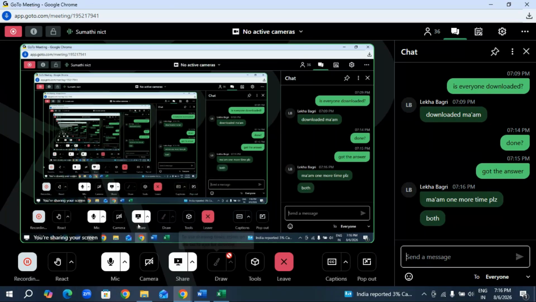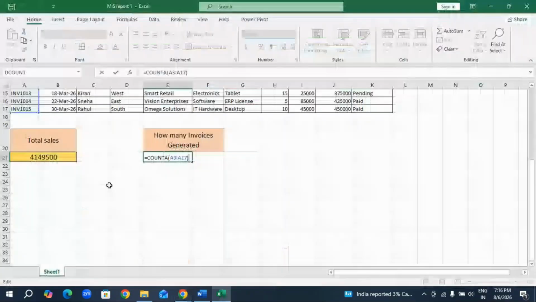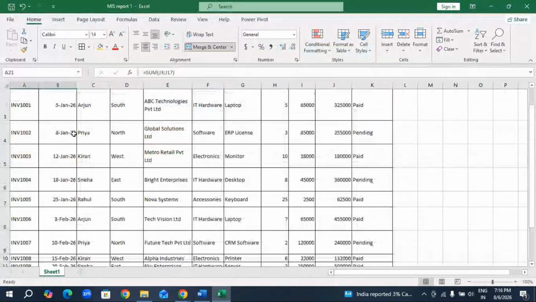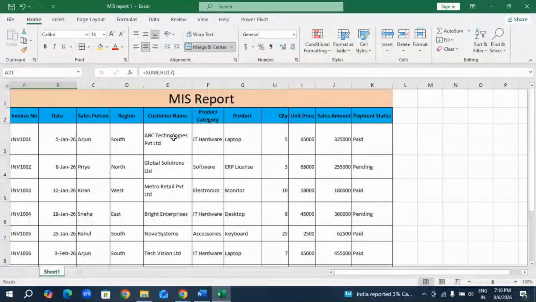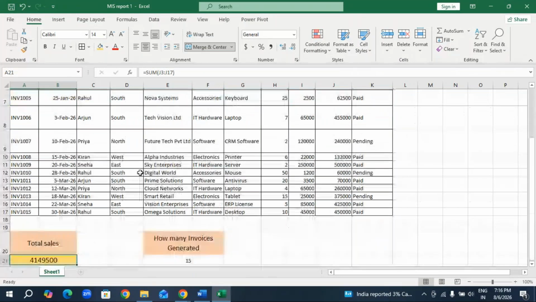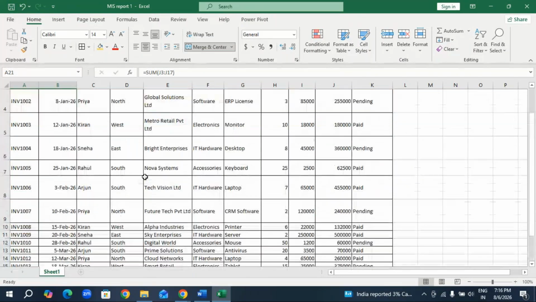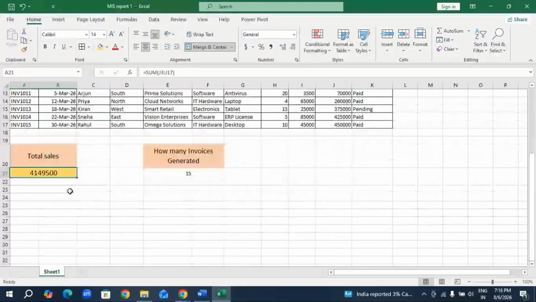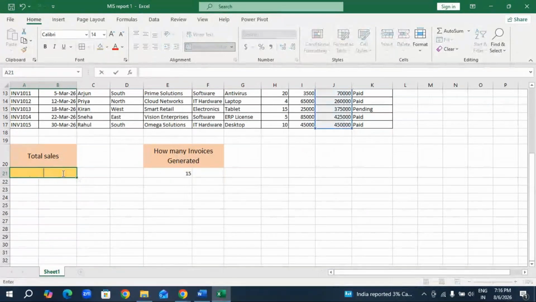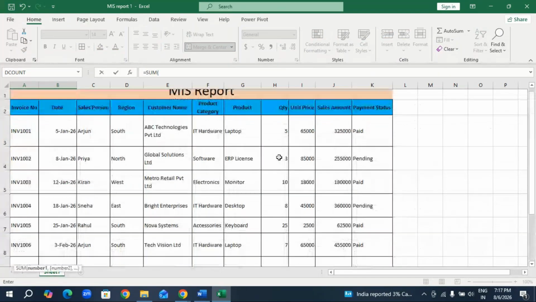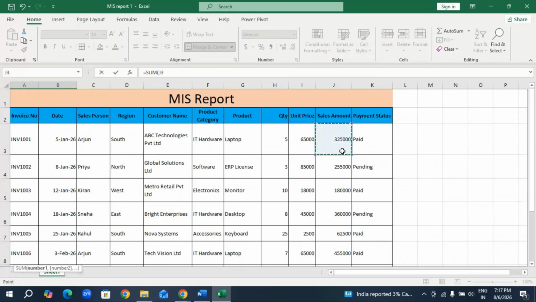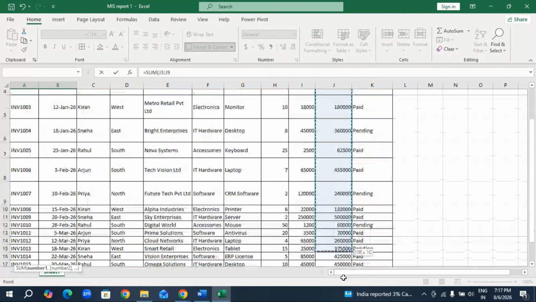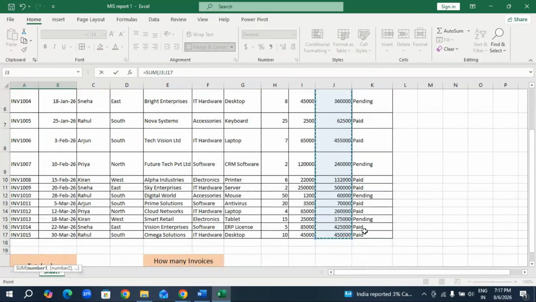Both. Okay, here see. Now, this is my entire company information we have. Using this data, I want to create a MIS report. MIS means management information system report statement. So here, if you want to find out total sales, see, equals sum. Now total sales amount. Sales amount is there, no? Select the entire column. Once we select the entire column, that's it. Enter. See now here,